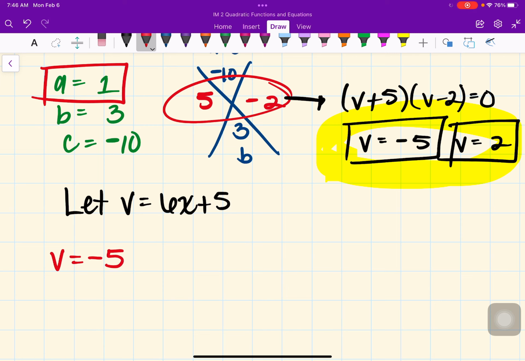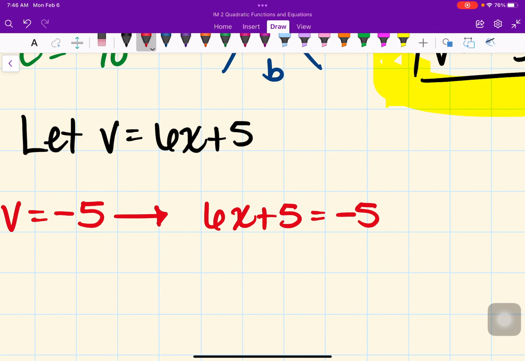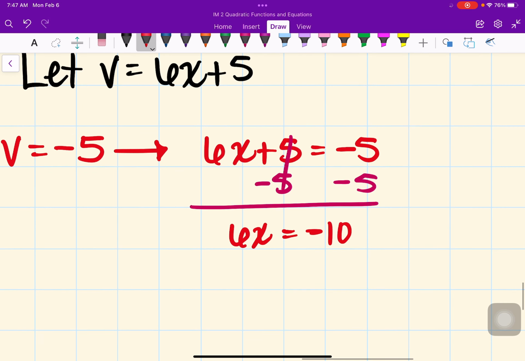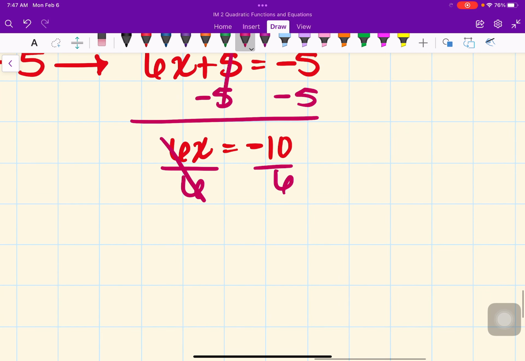So v equals -5. Now, I'm going to make the equation 6x plus 5 equal to -5. Our goal is to solve for x. So I want to move the 5 first. Let's subtract 5 from both sides. Subtract 5, and then I have 6x equals -10. From there, we proceed to divide by 6 on both sides, and x in this case equals